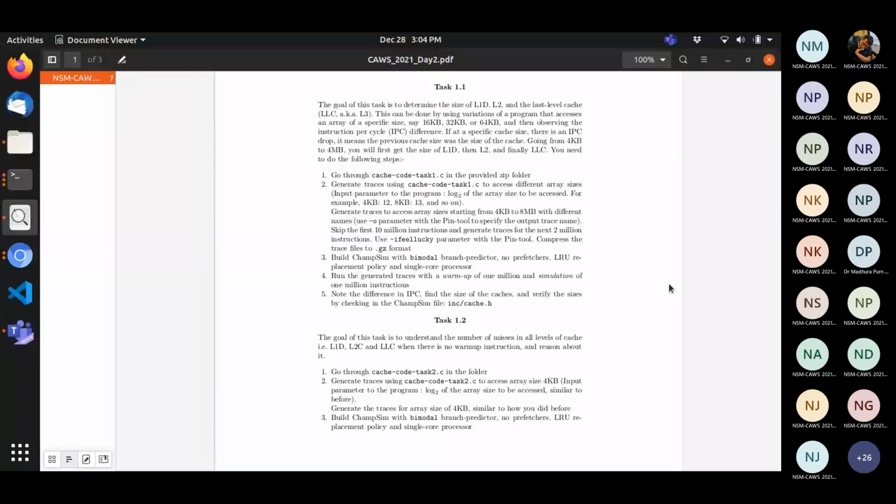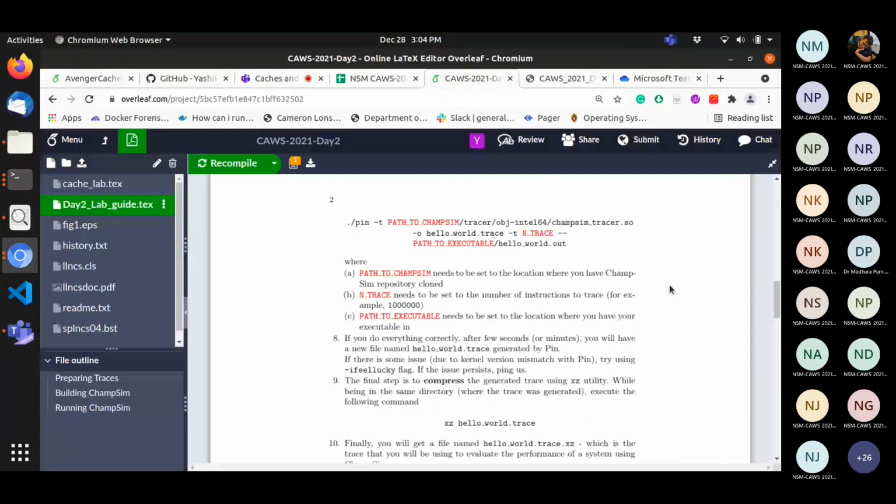I would like to clarify one thing, since quite a few students are facing this issue during trace generation. Ashika, can you just show the Pin command? Yeah, sure. Let me go to that screen. Few students are facing an assertion failed error. Just for them: after you have compiled your program, say hello world.out, give a space, then provide a command line argument here.